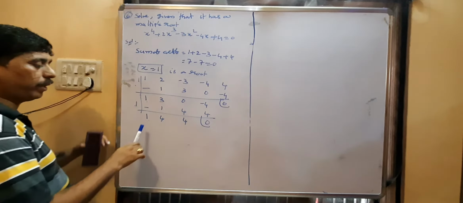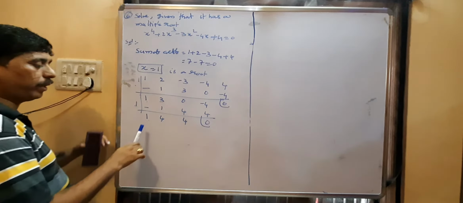Remainder 0 means 1 is a root. Again check the sum of these coefficients: 1 - 2 - 7 + 20 - 12. That is 21 minus 21, which is 0, so again 1 is a root. Dividing again: 1 into 1 is 1, -2 plus 1 is -1, 1 into -1 is -1, -7 minus 1 is -8, 1 into -8 is -8, 20 minus 8 is 12, 12 minus 12 gives remainder 0. Now 1 is repeated 2 times.